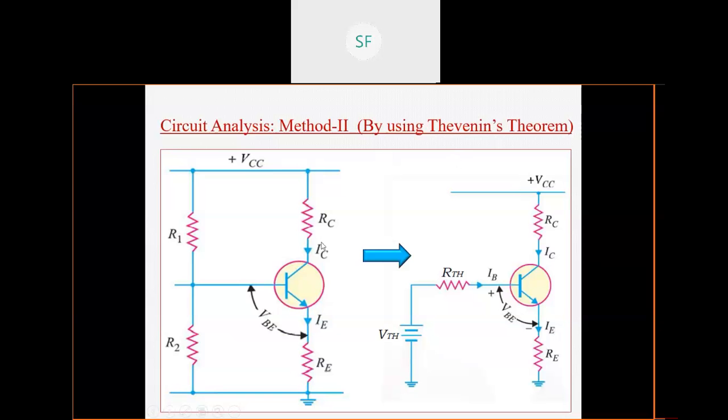All right, so what we will do in this method, suppose this again same circuit I have given, method 1 में भी यही circuit किया था. So in this particular method you have to first find out the equivalent circuit for your given circuit. This is your given circuit. R1 R2 की arrangement है potential divider की. Okay, then you have to first convert it into the equivalent Thevenin's equivalent circuit.